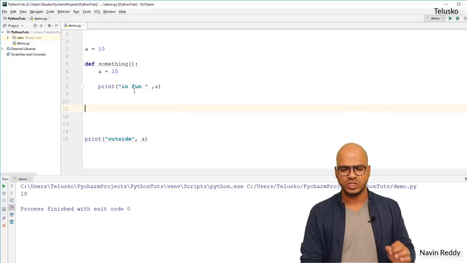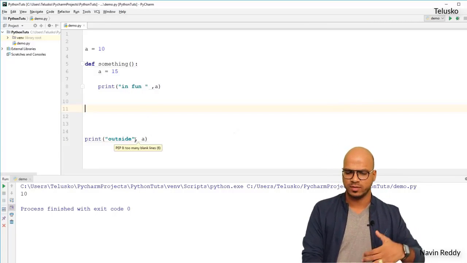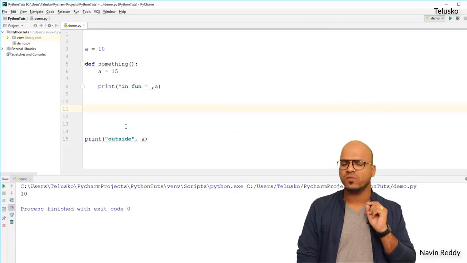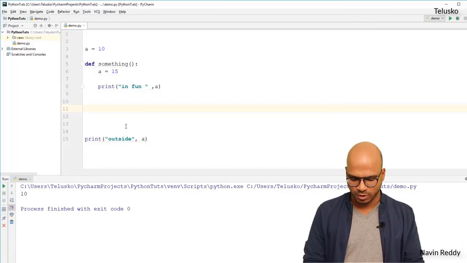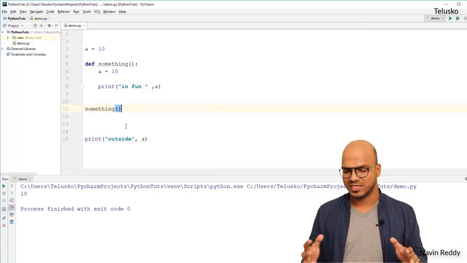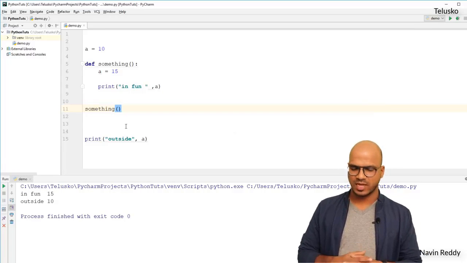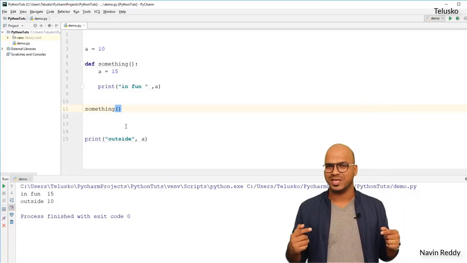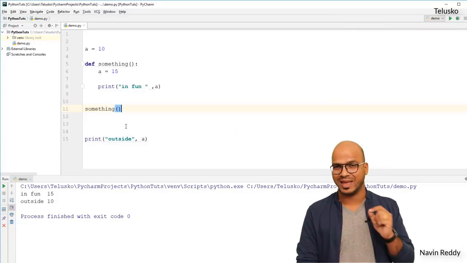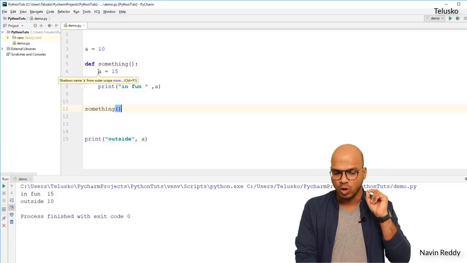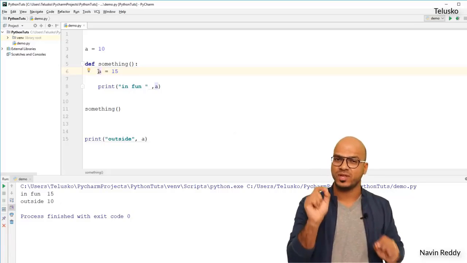Will this in function a print 15 or 10, or will this one print 10 or 15? First of all, we are not calling something, so of course something will not be called. We have to call something as well. Now let's run this code and see what happens. The moment you run this code by pressing Shift F10, you can see we got the output which is in function 15 and outside 10, which means the local variable inside the function, that's important,